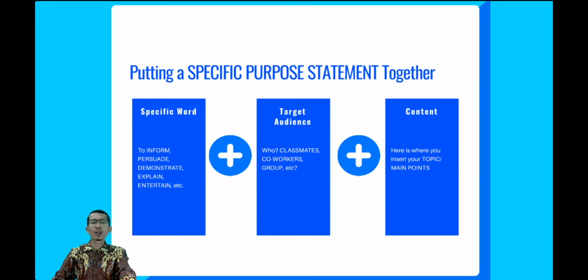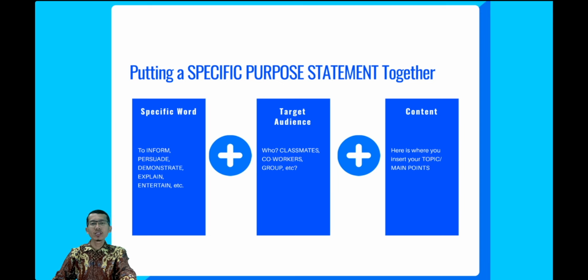Next, we are going to talk about putting a specific purpose statement together. Keeping these three inputs in mind, you can begin to write a specific purpose statement, which will be the foundation for everything you say in the speech and a guide for what you do not say. This formula will help you in putting together your specific purpose statement. First, a specific communication word: inform, explain, demonstrate, describe, define, persuade, convince, prove, argue. Those are the words.